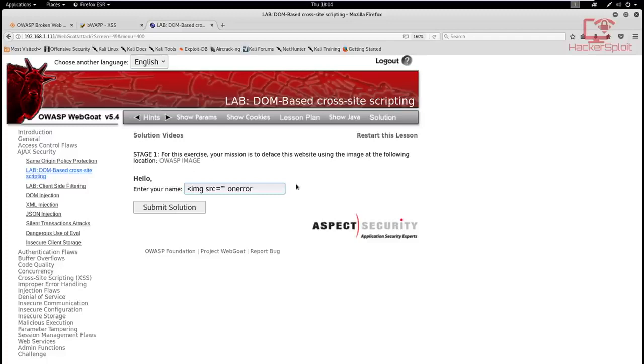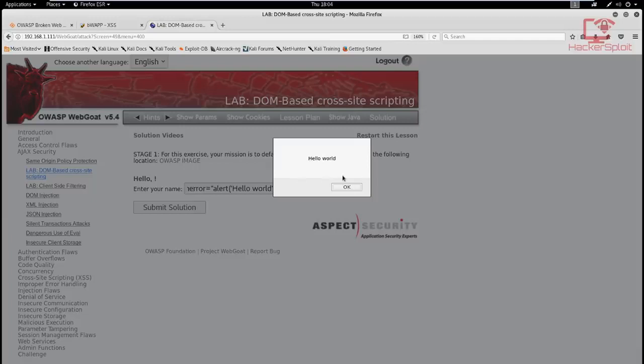On error, we can say that is going to be equal to alert, and then the alert we can put in here. We can say hello world, and we can close that up. And once we have closed it, you can see that we can close that there, and there you are. So it is going to be processed by the client, and you get the dialog box or the alert with